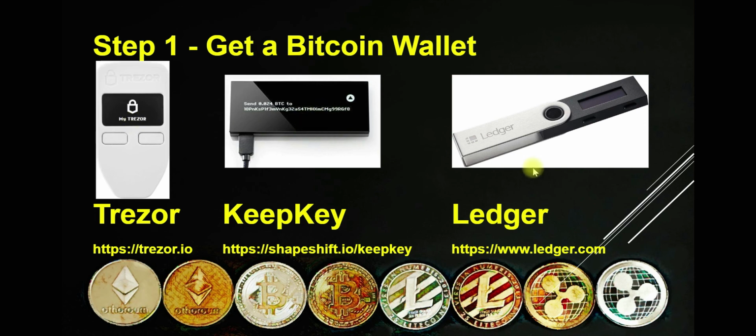Key does. And then the Ledger, I bought the Ledger originally because there were some cryptocurrencies that I wanted to own that I couldn't store on a Trezor or on a Keep Key. So I bought the Ledger to be able to store those particular cryptocurrencies. But I found the Ledger to be a little bit more difficult to use. If you can see right here, there are these really tiny little buttons. And I always found you have to use these buttons a lot in terms of entering in your PIN